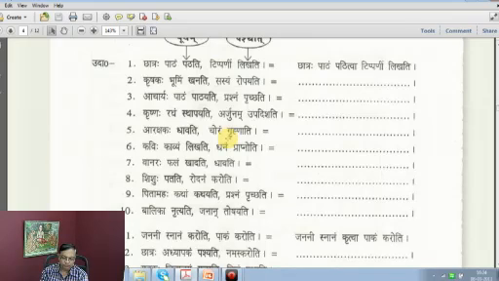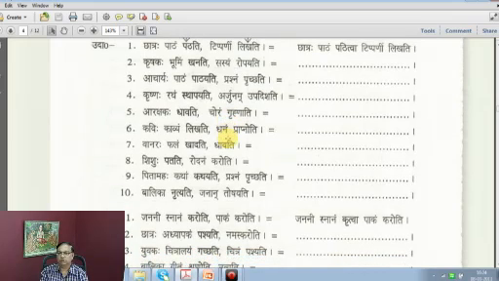Next, Purvam Kavihi Kavyam Likhati, Paschat Dhanam Prapnoti. Now, Purvam first, Paschat later, you know that. Kavihi Kavyam Likhitva Dhanam Prapnoti. A poet having written poetry gets money. Or a poet gets money after writing his poetry. After writing his poetry means after publishing his poem. So, good poets can earn money. That is there. Next.